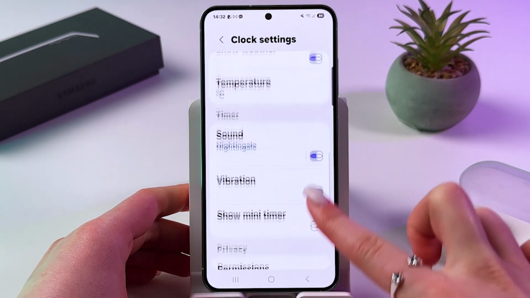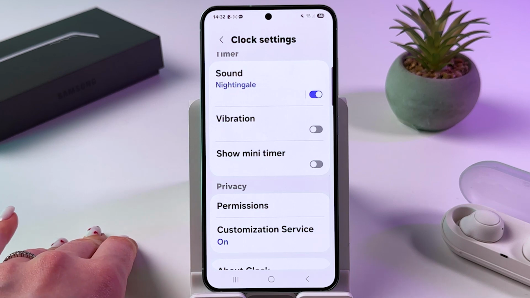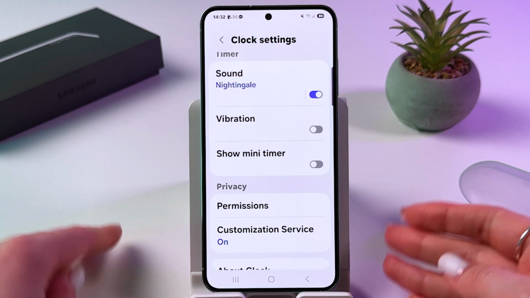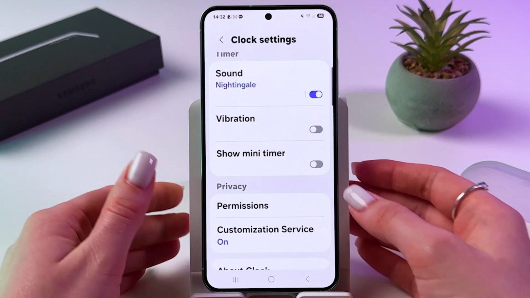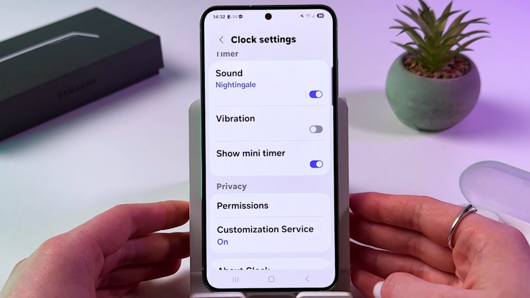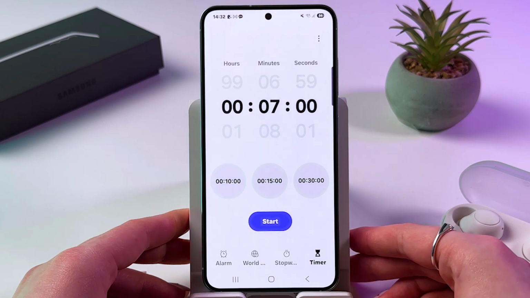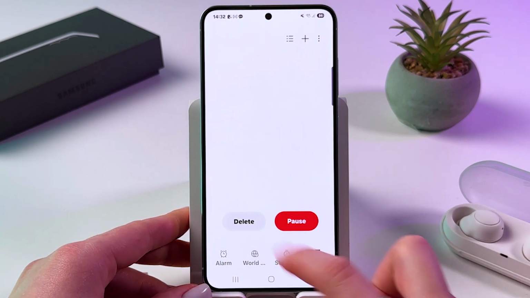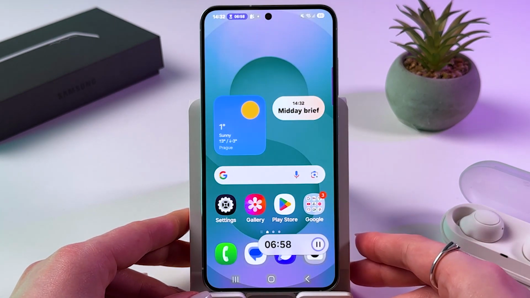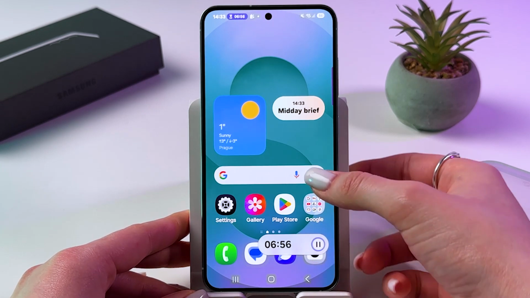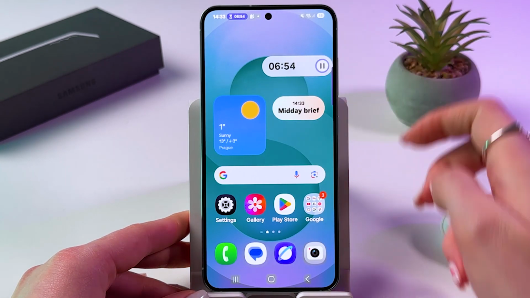Now you need to scroll down and find this feature Show Mini Timer, and if you would like to turn it on, then tap on the switcher so it will light up purple and just go back. After that, when you start a timer and go to your home page, you would see this mini timer appears